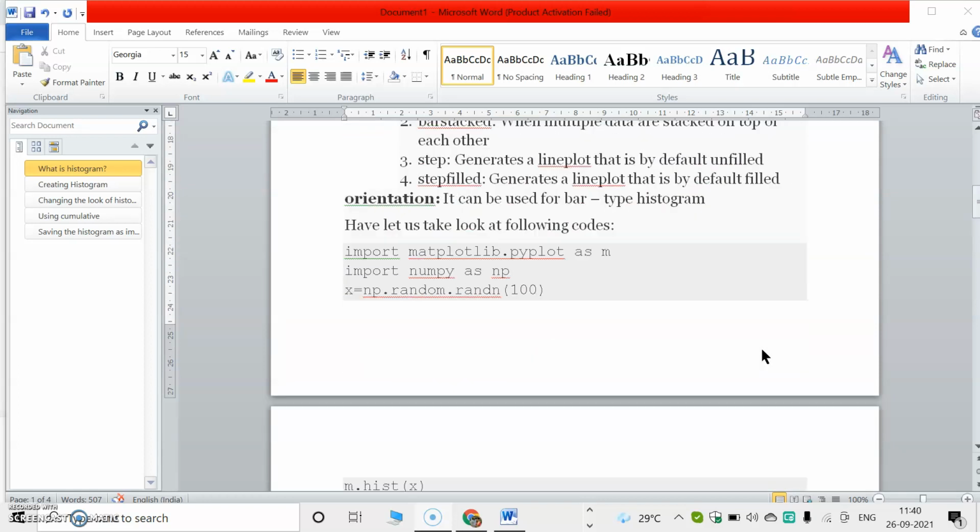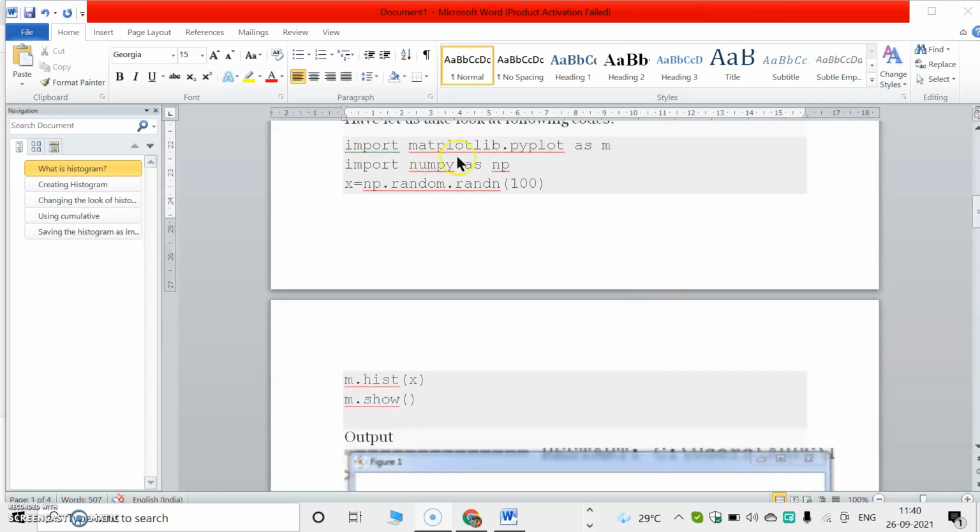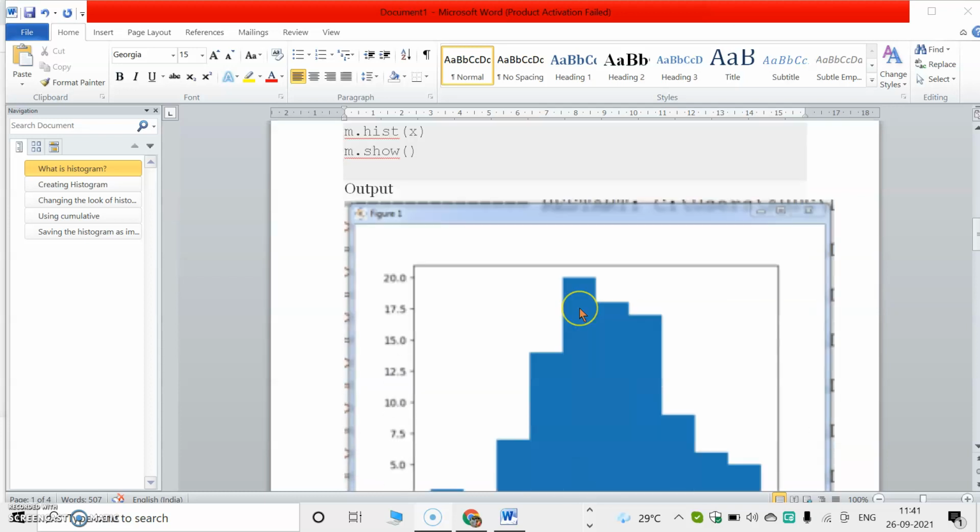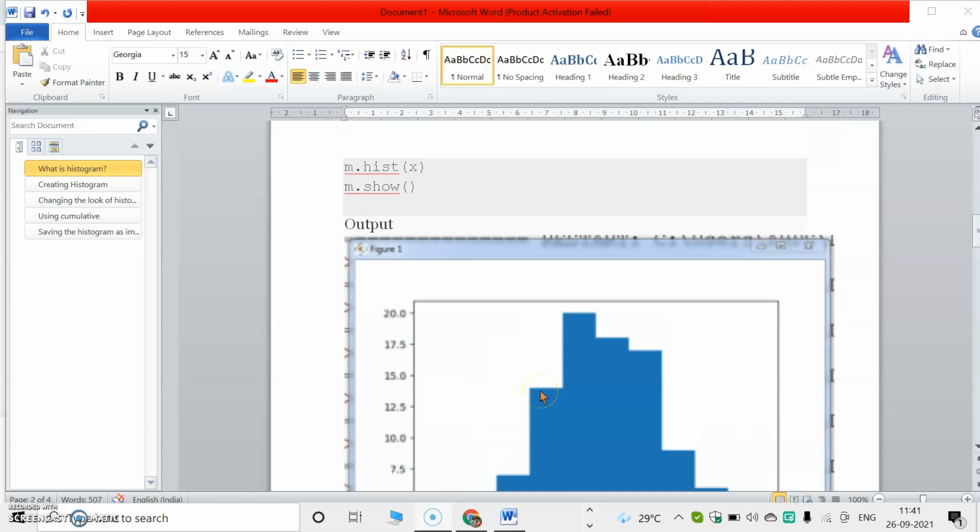There are many methods, so let us look at an example. Here we are using NP, NumPy also. We already specified that NumPy is used for numerical or mathematical operations. So here we import NumPy as np. np.random.random(100) means random numbers are generated by using the NumPy module, so 100 values can be generated.